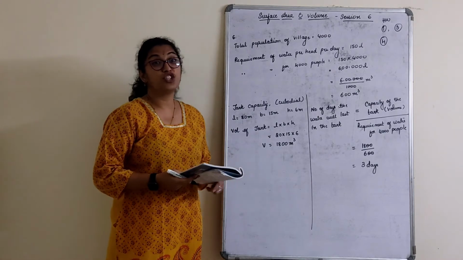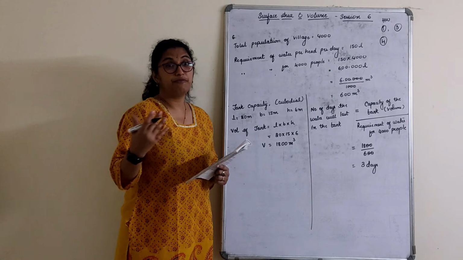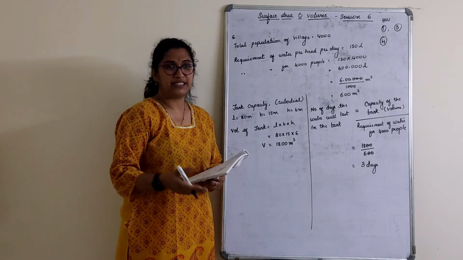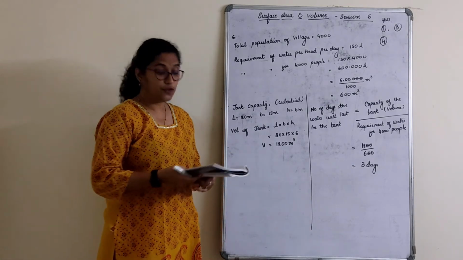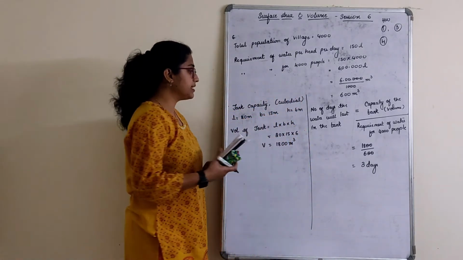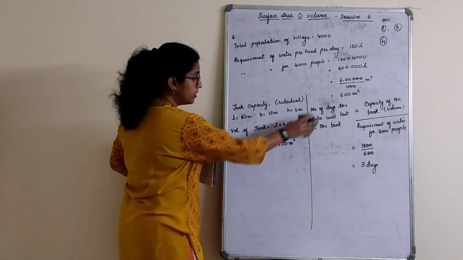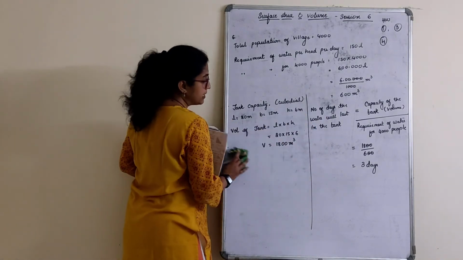Okay, you can also check this as per your time and capacity, with the number of people in your house, just an activity type of thing. The water will last for 3 days. We'll go with the next one now. Actually the things are very simple, but you should know initially what you have to calculate and how you have to convert it. Do this below here. Since I have no space, I have done it this side.